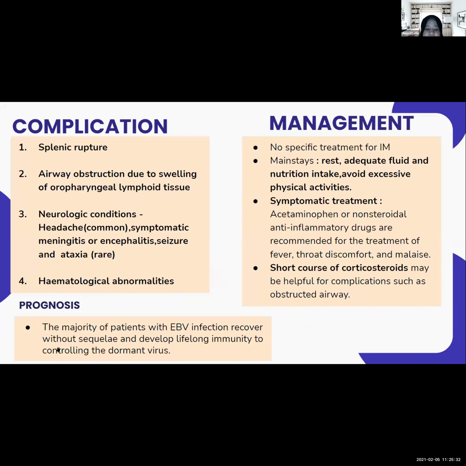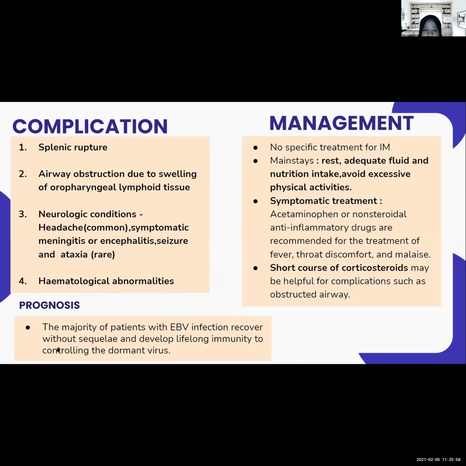Okay, for complications, patients can have splenic rupture, which can be spontaneous or due to mild trauma, and also airway obstruction due to tonsillar swelling. And neurological conditions such as headache are common, but others such as symptomatic meningitis or encephalitis, seizure, and ataxia are rare, and also hematological abnormalities such as